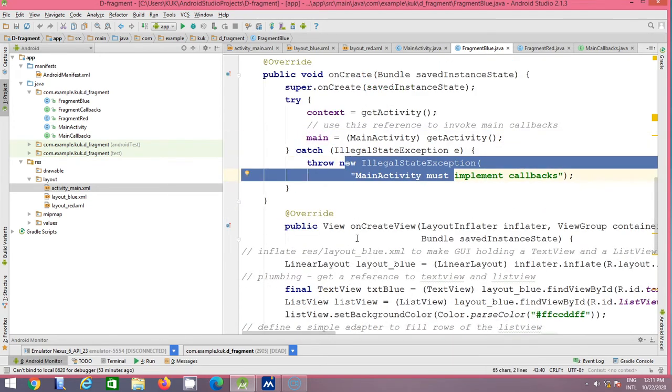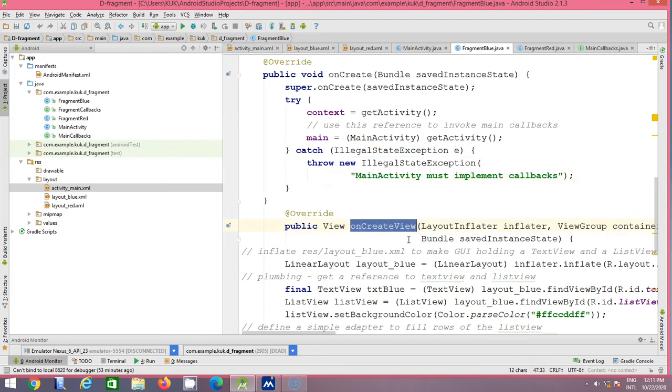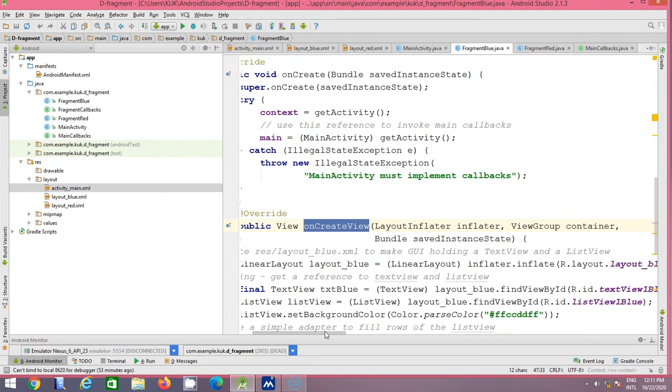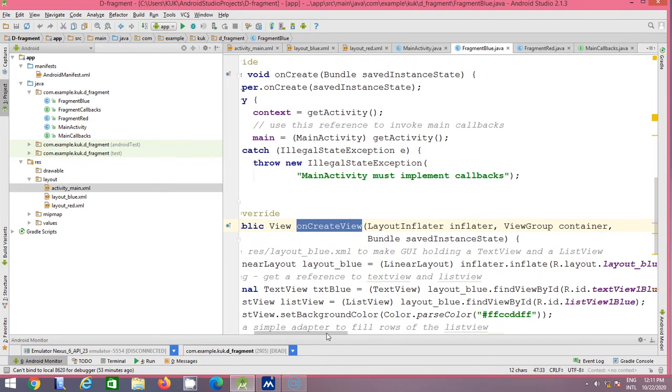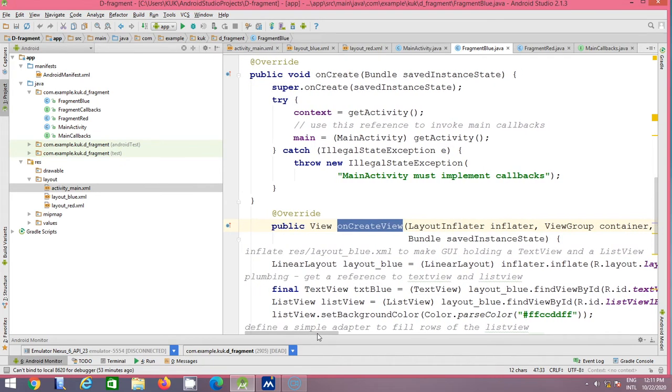The next important method in your fragment is on create view. It is used with 3 arguments: layout inflater, view group, and bundle. When you use the on create view method, we inflate the layout.